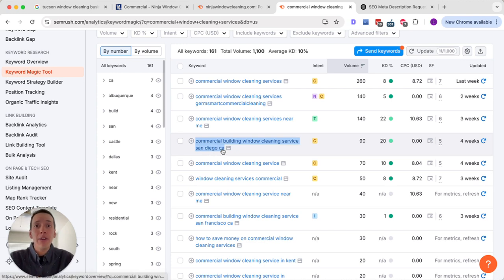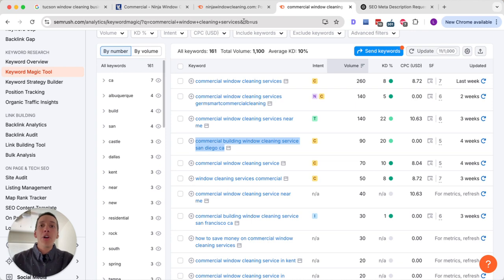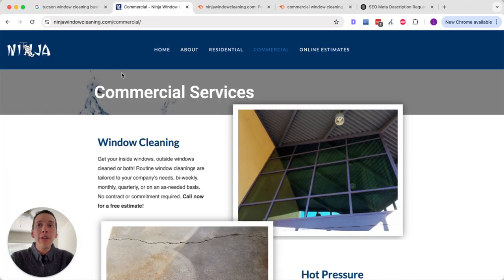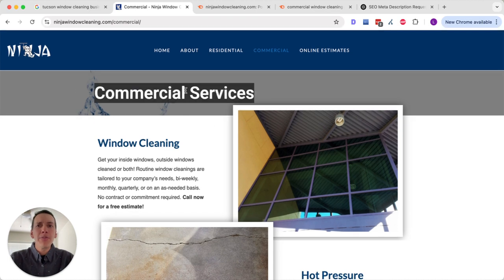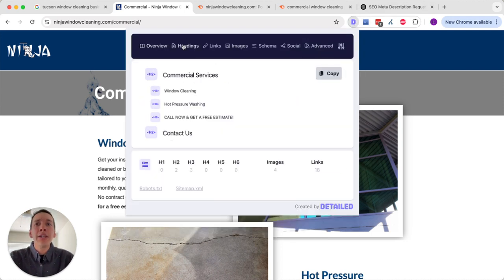It's got San Diego, it's got California in there, and it's got commercial window cleaning services, which are a good sign, a green flag that these are keywords I want to include in important places, like the H1 tag, which is basically the first piece of text, the biggest one that you see on a page. And if you've got a tool like Detailed, you can click on the headings and you can see that this website here has 0 H1 tags, and that makes it more difficult for Google and its robots to understand what this page is about. But assuming we were to have this and that was the H1 tag, which we can easily modify and adjust in the back end of the website, and we call that an H1 tag, boom,